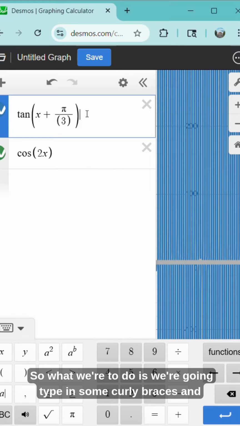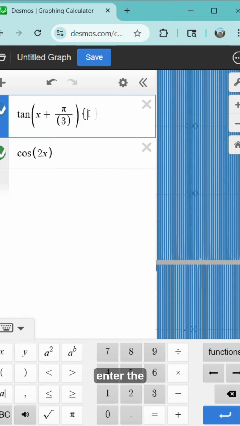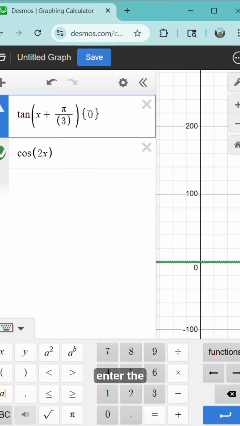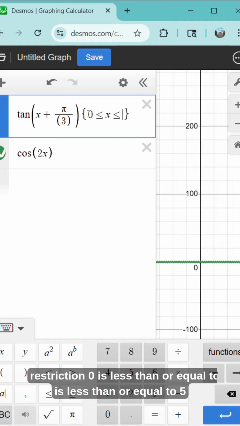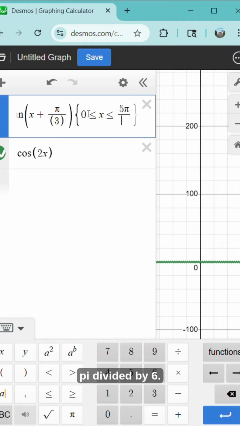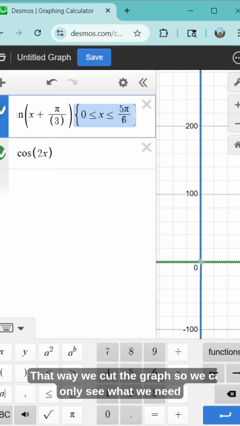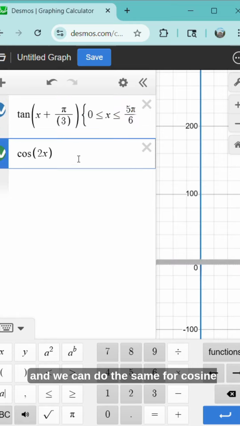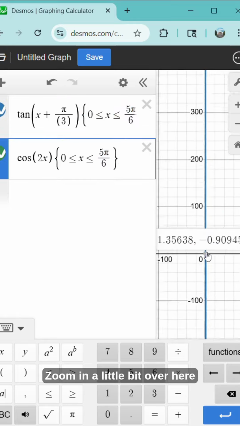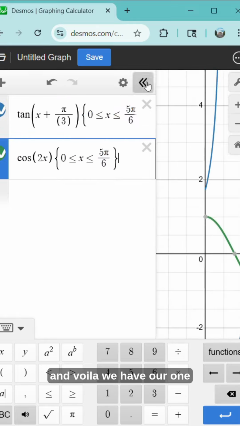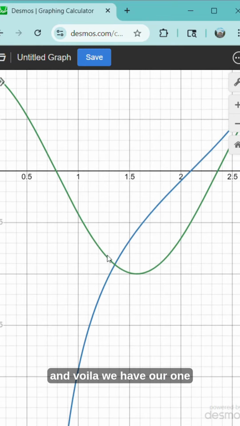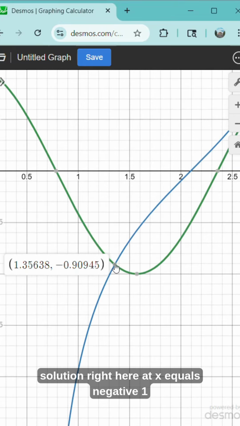So what we're going to do is type in some curly braces and enter the restriction: 0 is less than or equal to x is less than or equal to 5 pi divided by 6. That way we cut the graph so we can only see what we need, and we can do the same for cosine 2x. Zoom in a little bit over here, and voila, we have our one solution right here at x equals negative